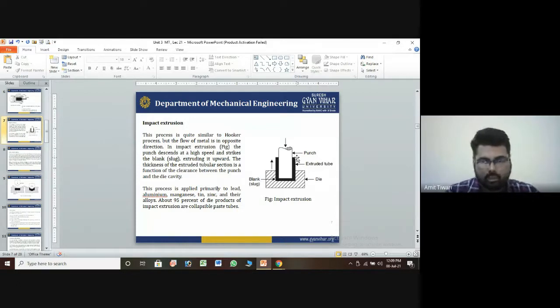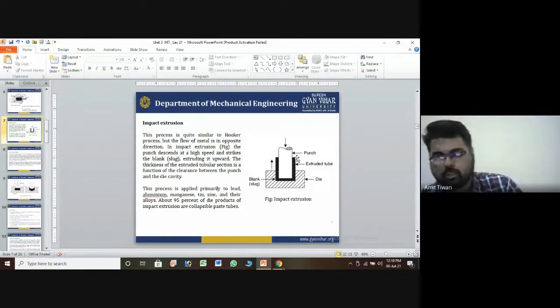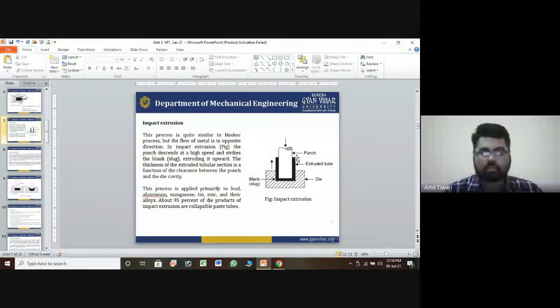But obviously it is very efficient for making any type of product related to a test tube, and about 90% of tubes are fabricated by this type of extrusion. This technique is very commonly used in the market now, and everyone wants to know this process because it is very helpful for the sector. As you know, extrusion extends the material, reducing it to a certain thickness by increasing the length. So this sort of operation will be performed.